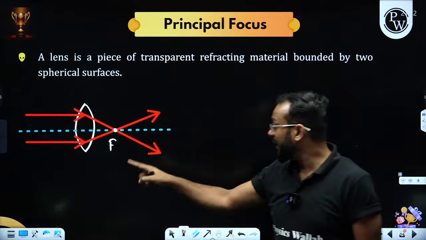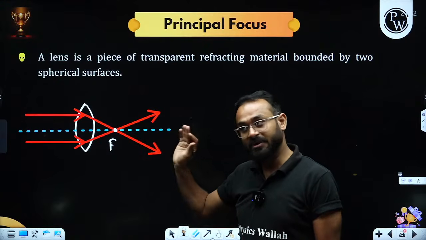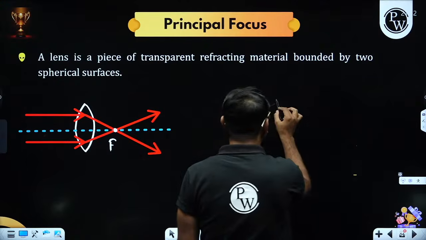Convex lens, right hand side. Done? Done. Similarly, for concave,